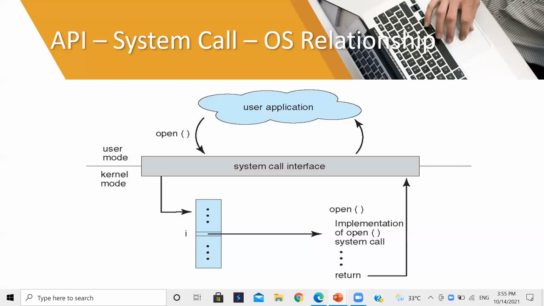This is the API, system call, OS relationship, and next will be continued by one of my teammates. Yeah, next part is